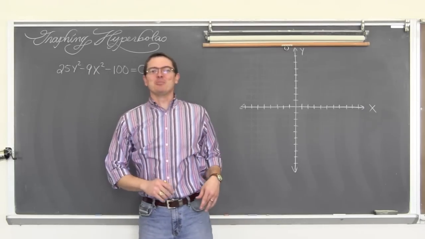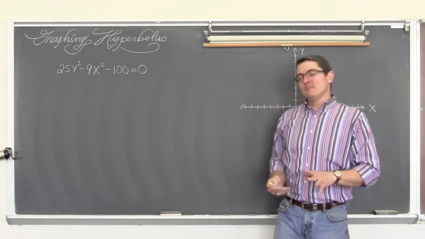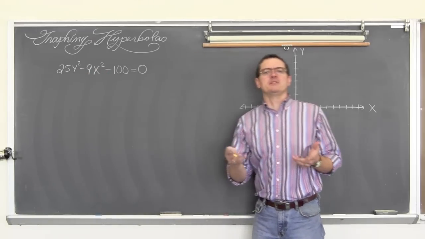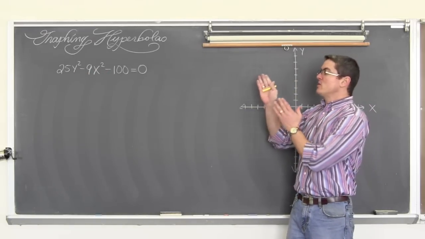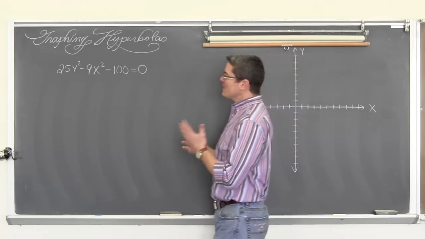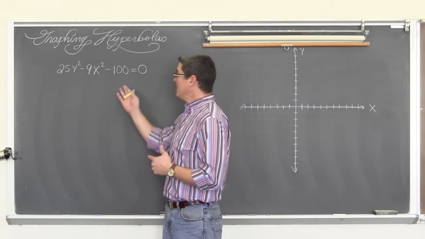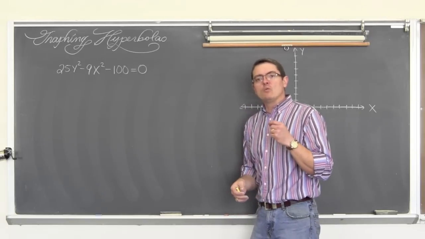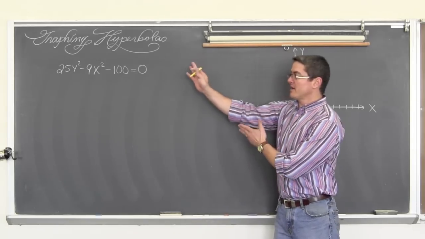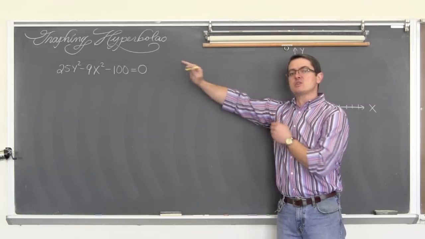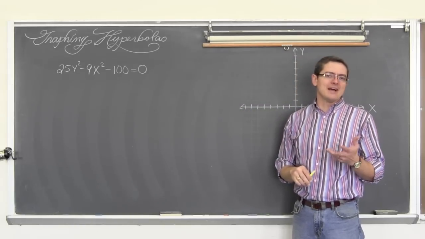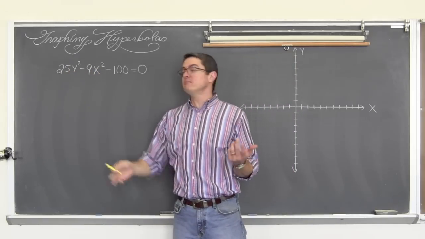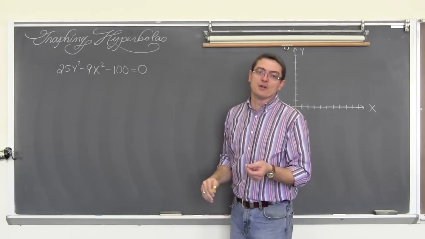This equation of a hyperbola is in general form. Now, there's no single degree term, so we're not going to have to complete the square or do very much work to get this into standard form. Just have to move a couple of numbers around and get the equation equal to 1. However, once you take your quiz, you are going to have to look at a collection of equations in general form, and it's a good idea to know what you're graphing before you start. So we have two squared terms, and again, their signs are different.